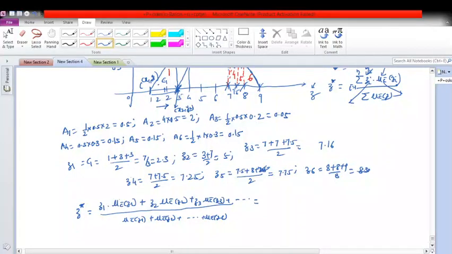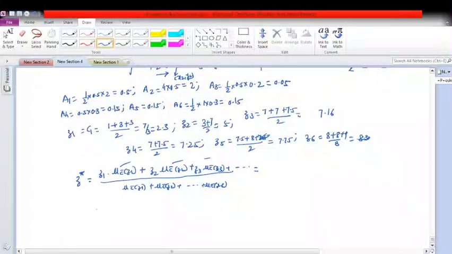So this will be mu c bar of z1, z2, all these are the areas of subregion, and then I will write this equal to